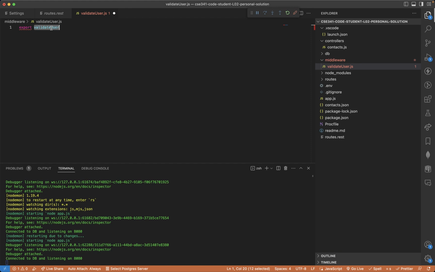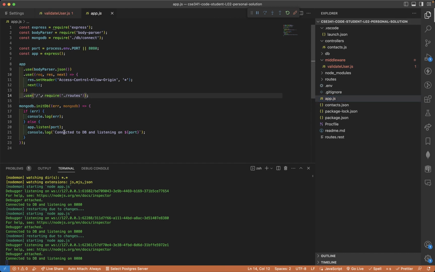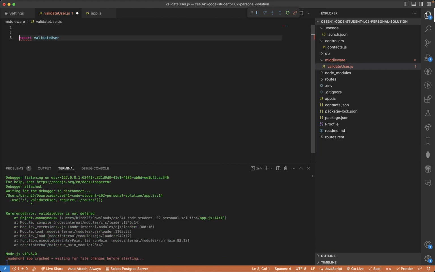Okay. In here, in my app.js, I can import that and then just say validateUser. I can also do that in my routes file. I can do that in my controllers. And what's going to happen is if this route is hit, it's going to validate the user. If inside of validateUser,